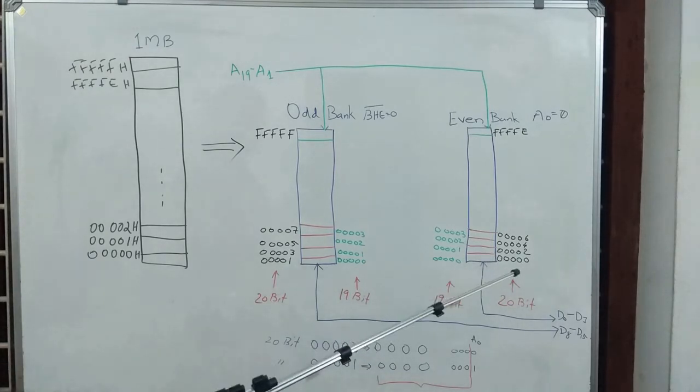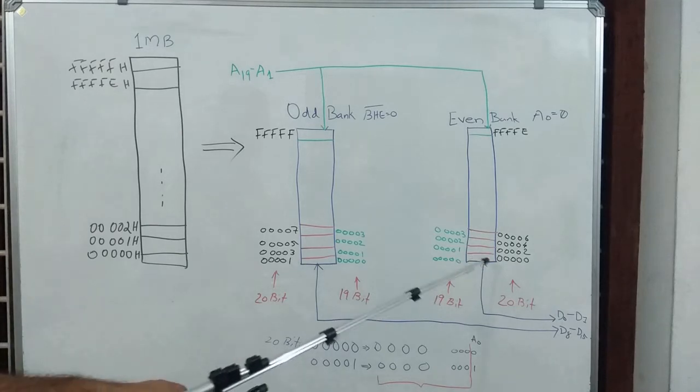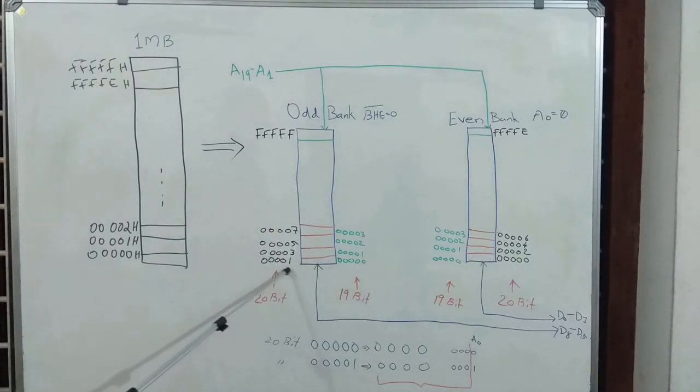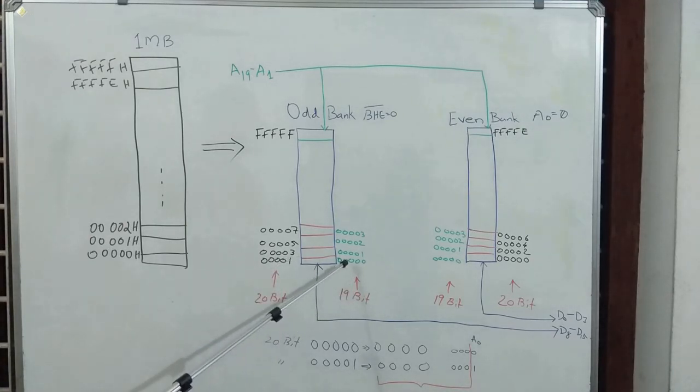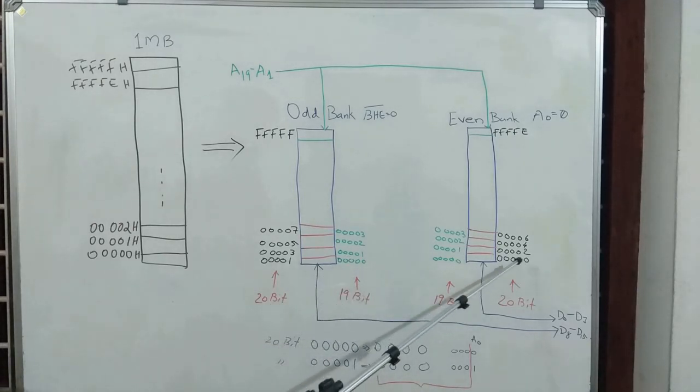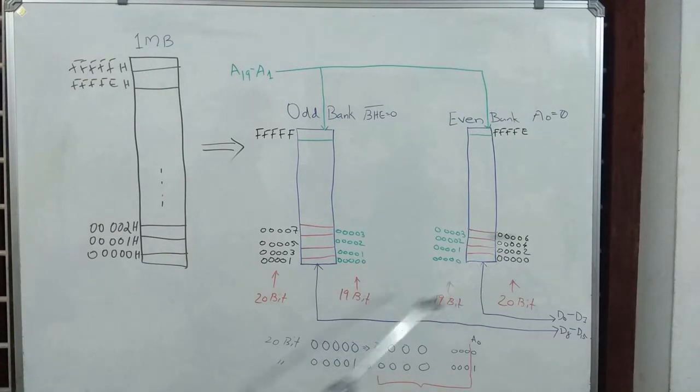The first byte will be here and the second byte of the word will be here, at the 20-bit address 00001. See, the 19-bit address formed from these two 20-bit addresses, that is formed from 00000 and 00001, is